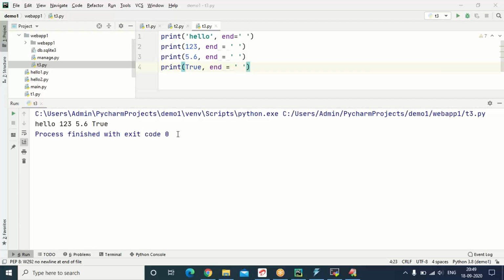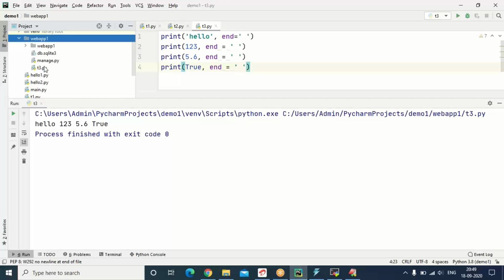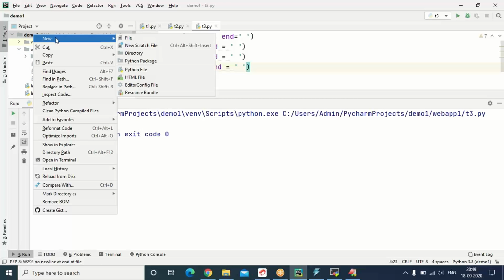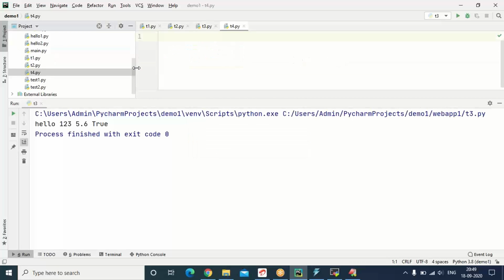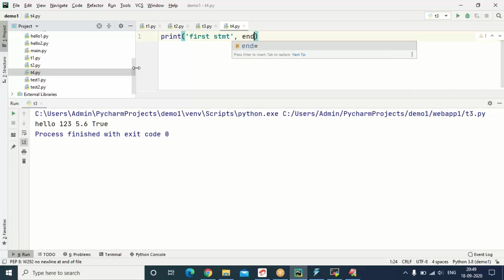Let me go for another program where I can see a different delimiter. Go to the right click, new, T4. Let's go for print of first statement, end is equal to semicolon.